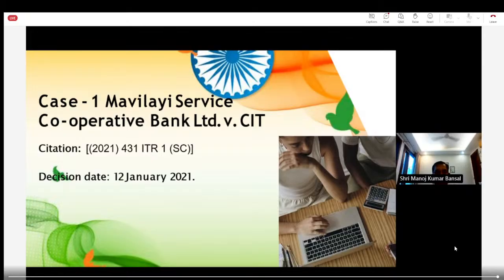I have made 12 pointers, which will help you in making clear the taxes and working of this section 80P, whether it applies or not. So my first question will be whether cooperative societies can use the word bank or banking. The answer is